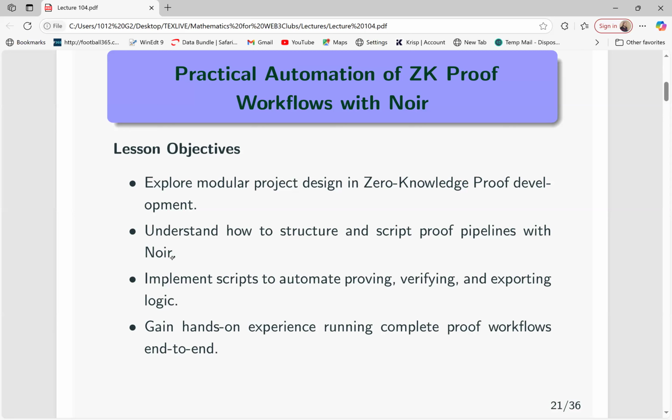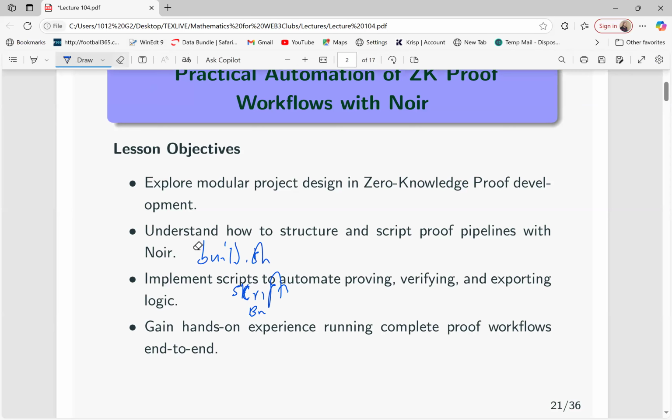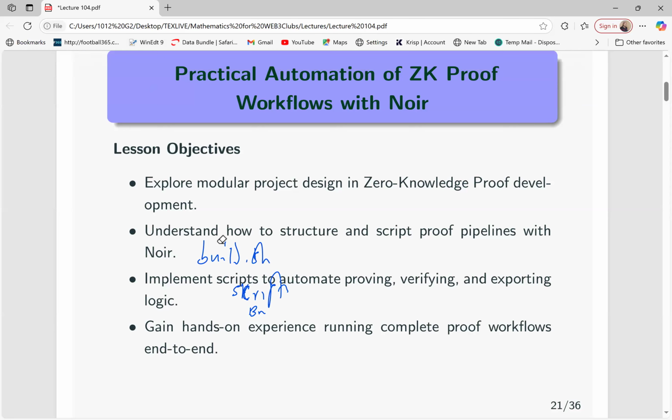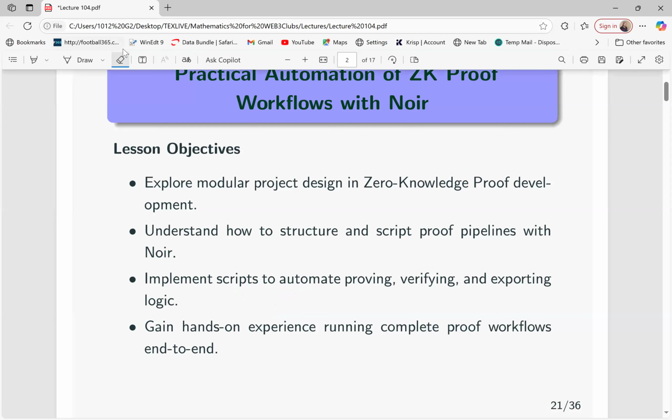That is the likes of build.sh. You need to know how to write it, and you need to know the structure. How do they begin from scripts? What is the next one, and what's the next one, and so on, as you move down. That's what I mean by the structure: which one comes first, followed by which one, and then followed by which one. And then at the end of the lesson, you need to know how to implement